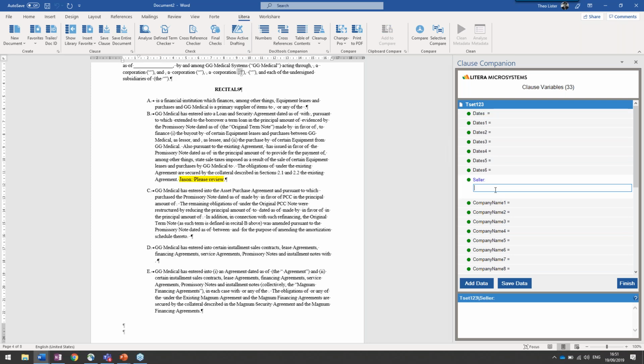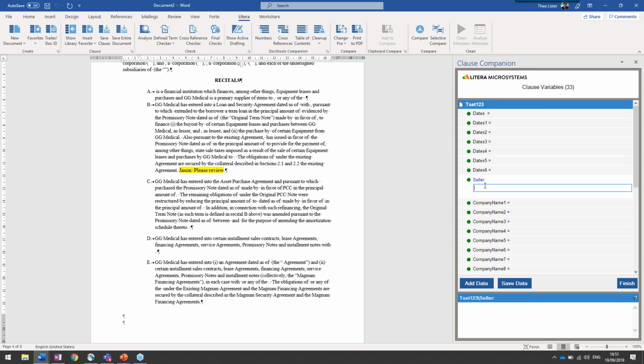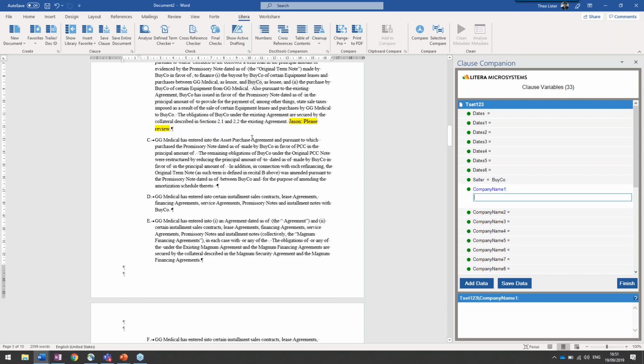And something like this, the seller, you can see it's blanked out the particular name, but now I know that I can add in the particular name of the seller. So I'm going to be completely unoriginal and give them a name that completely mismatches what it's meant to be, but hey ho. So now I can start filling in that information.